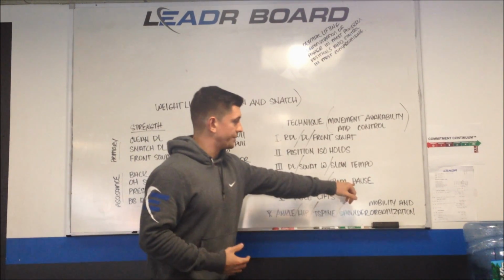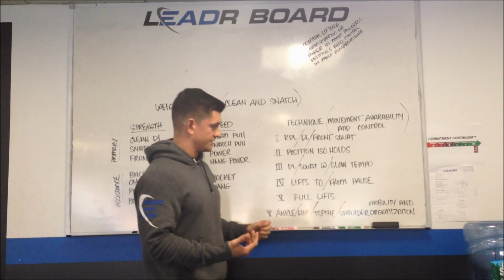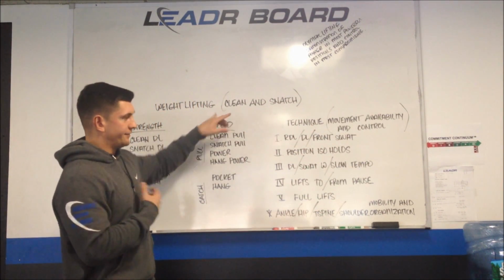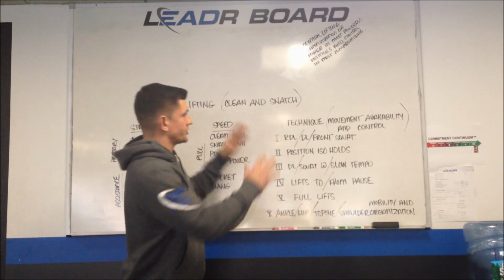Do I catch in a good position? So I'm going to hold the catch. All right, it's too easy to compensate through the catch sometimes because everything has to happen so fast. And again, I'm starting to speak specifically of weightlifting, but really you're going to be tailoring this category to whatever